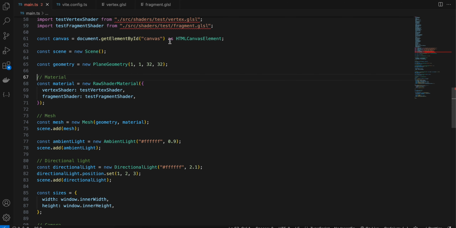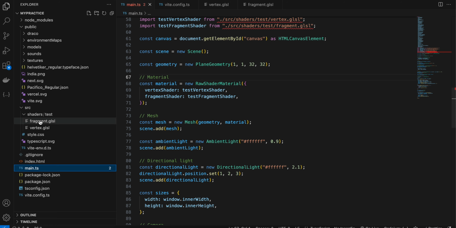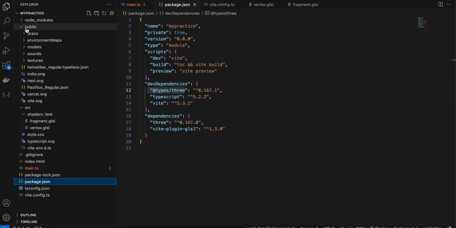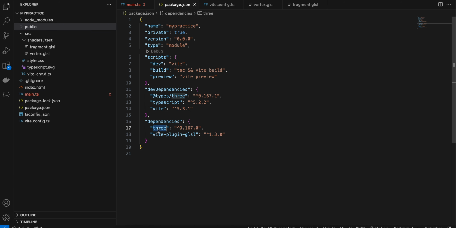So I have created a simple HTML, CSS and TypeScript project using Vite, and this is the output we will be showing using shaders. Once the project is ready, inside my package.json I have installed a few dependencies. Firstly, this is for ThreeJS, so install this particular dependency. I want types for ThreeJS as I am using TypeScript, so this particular dependency. And I have also installed this Vite plugin GLSL. This is for shaders,